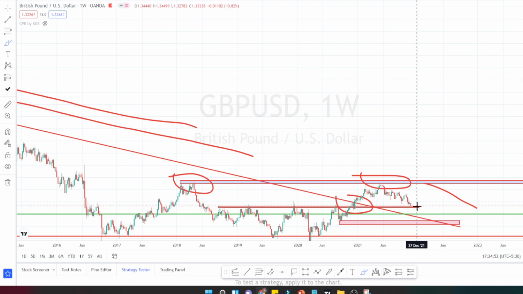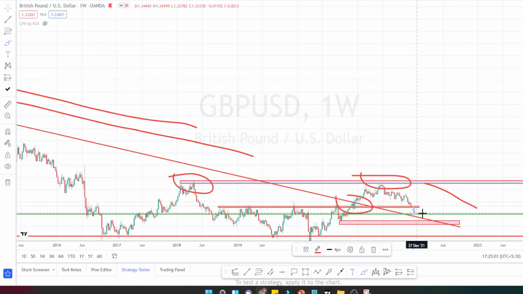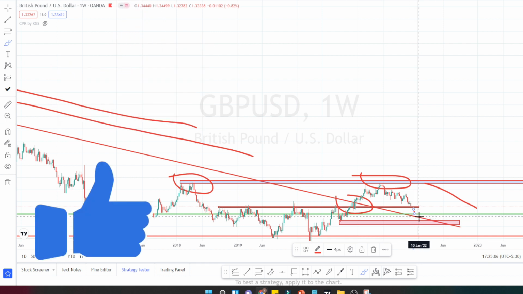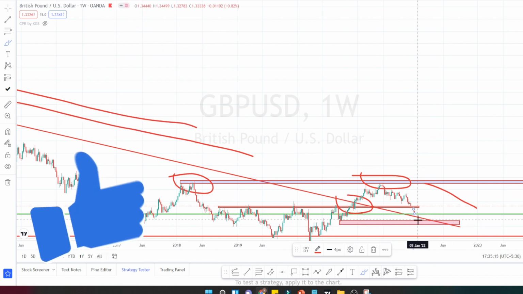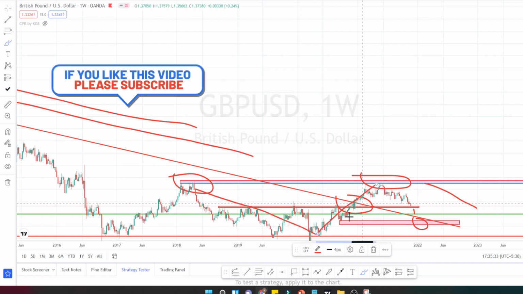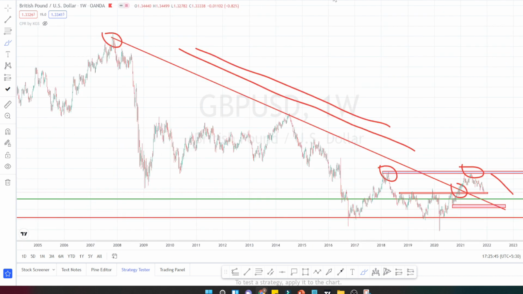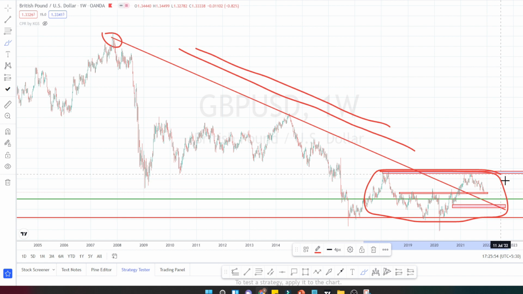If it manages to break this support level, we can expect it to test the next level of support, which is around 1.304. If the bearish trend is still strong, we can expect it to test this diagonal support line, and also we have one more support level over here. But overall, when we look at the price action, it is only on a retracement. It came on a downtrend, it broke this resistance and tried to go on an uptrend, but it couldn't break this resistance level over here, and it is on a retracement for now. So when we look at the price action from the weekly time frame, it is only a range bound market. It has not made new high or new low.